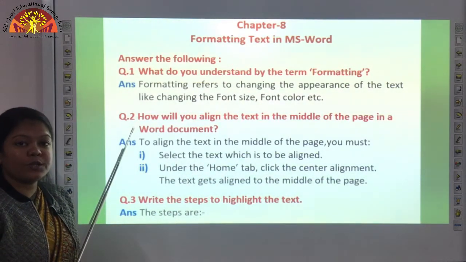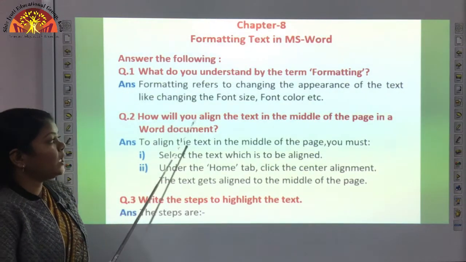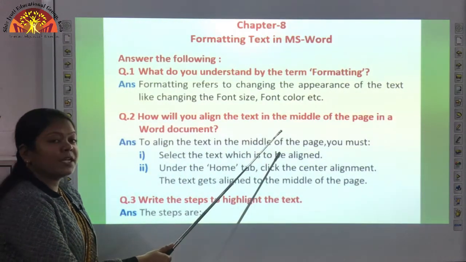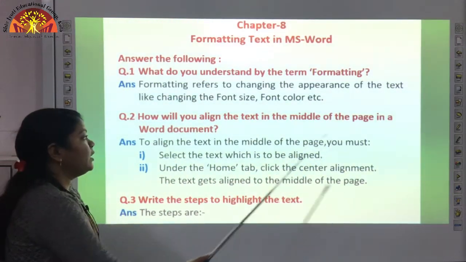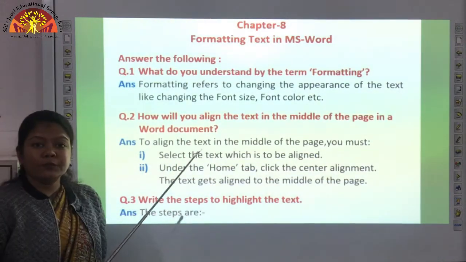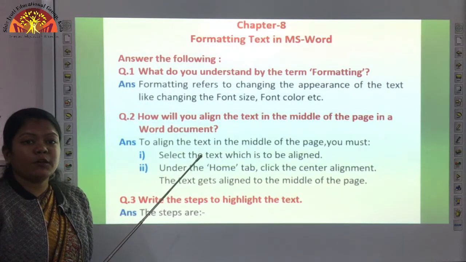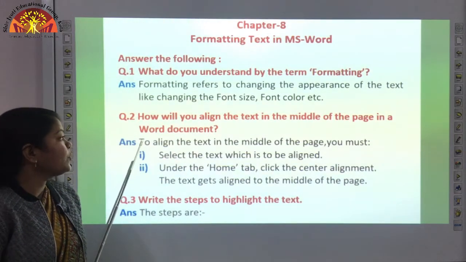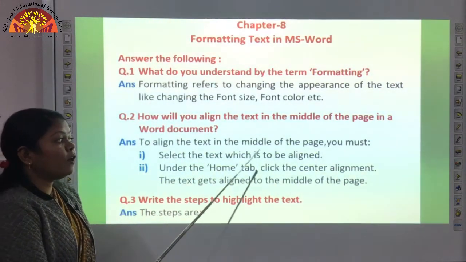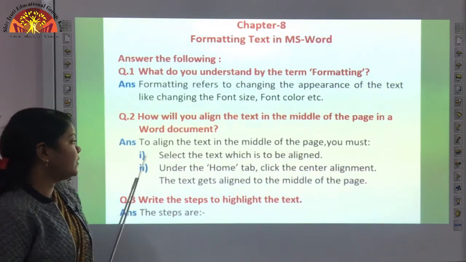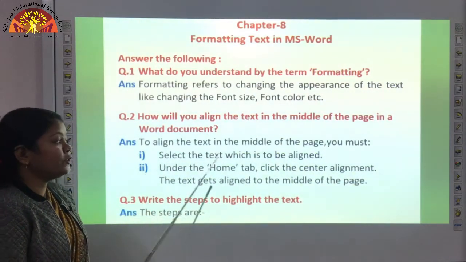Now the next question, question number 2. How will you align the text in the middle, or we can say center of the page in the Word document? Now you have to tell how you can align the text in the middle, or we can say in the center of the document. The answer is, to align the text in the middle of the page, you must, the first step is select the text which is to be aligned.